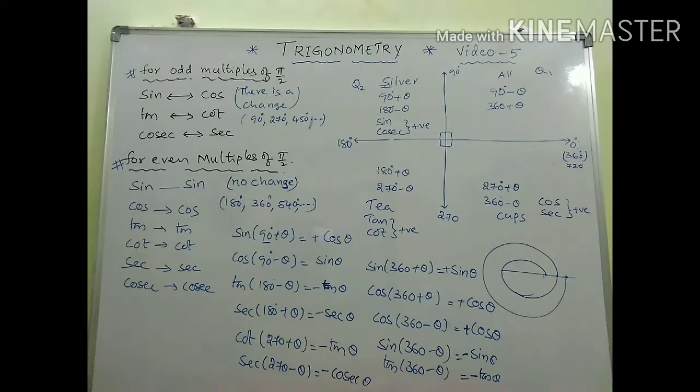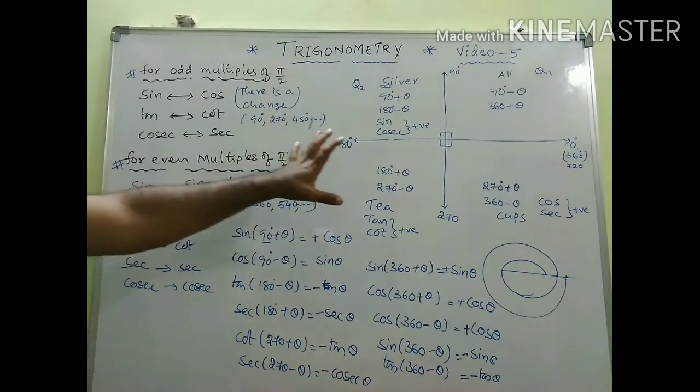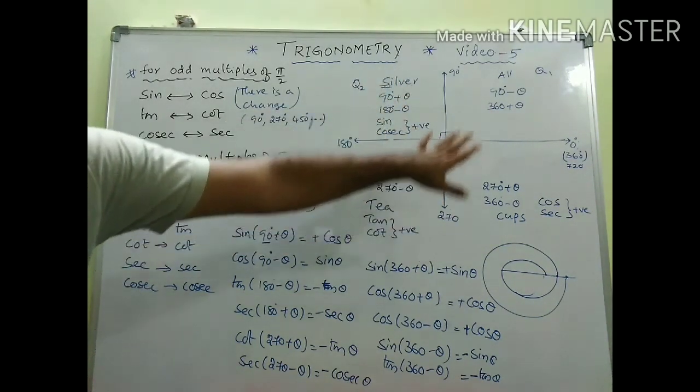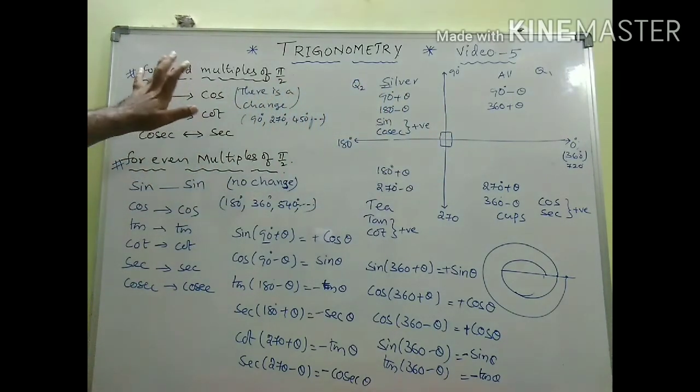I hope you all understood, my dear. So please go through this video very carefully. Earlier, in the first half of this video, I gave you each and every proof in detail, but that is not the right way to remember the formula. That's why I also introduced a shortcut method based on this. If you remember this diagram in your mind, you can write any allied angle trigonometric ratios.